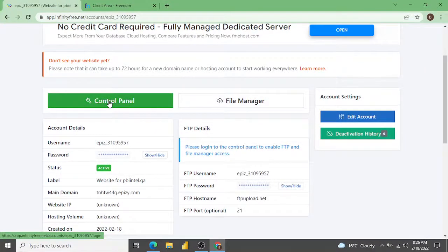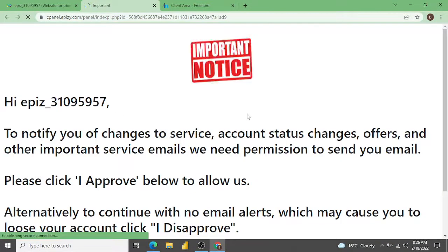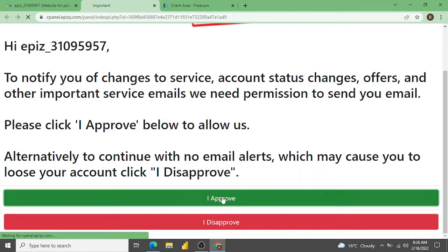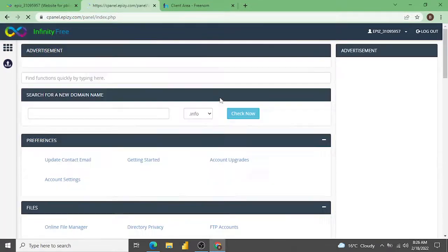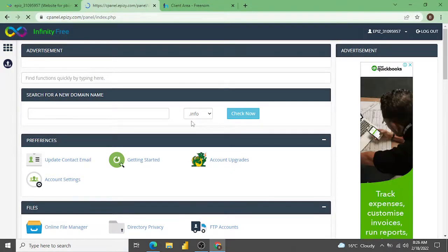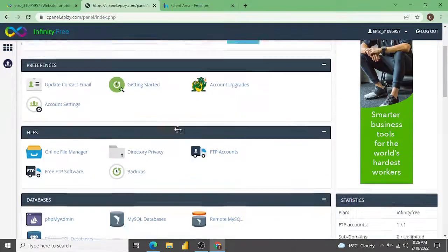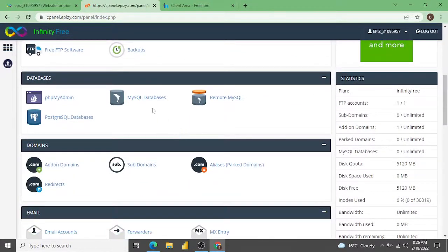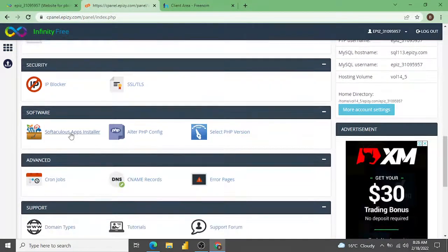Now we go to our control panel. This is the great thing about Infinity 3. You've got your cPanel, total access to that. Just accept that, I approve. And obviously, if you have a PHP application that you developed yourself with a MySQL database, you will go into your file manager, and that's where you upload and do all the necessary things. Now we're just going to use an existing one, so you have all these options over here, setting up your emails and so forth. We're just going to use